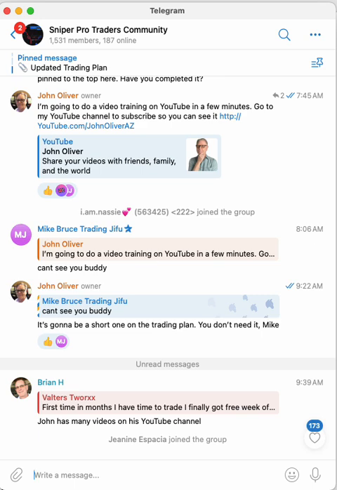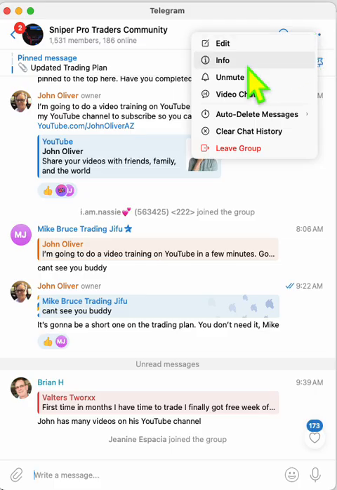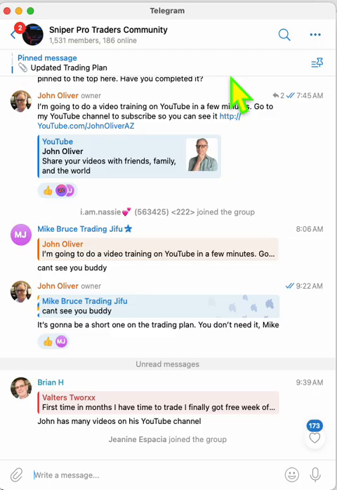How you navigate the Telegram. Make sure when you click on these three dots on the top right, you're on unmute so you get the notification. Second thing you want to do is always scroll up until you see your last unread messages and then read the messages from there downwards,